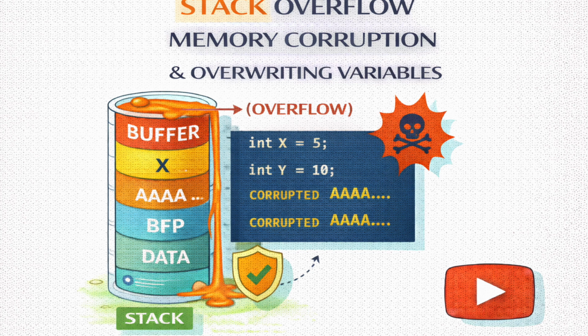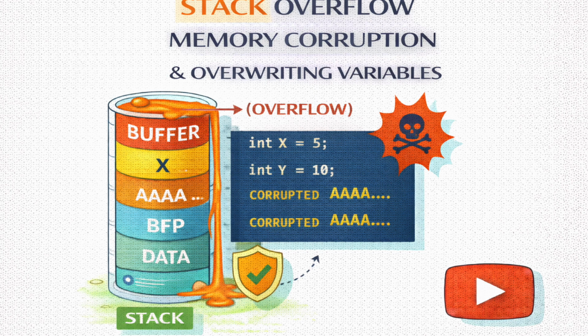Every function needs to know where to go back to when it's finished. If main calls check authentication, the computer leaves a breadcrumb, an address, so it knows where to return. That address is stored on the stack. Oh, I see. So if I keep writing A's, eventually I'll flood the buffer, miss the flag, but keep going until I hit that return address.